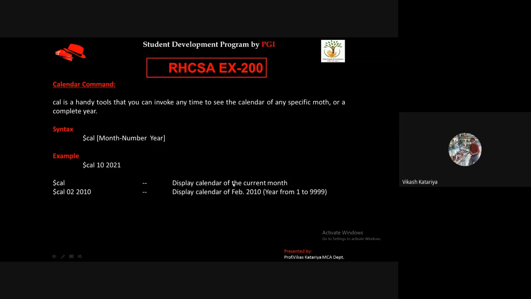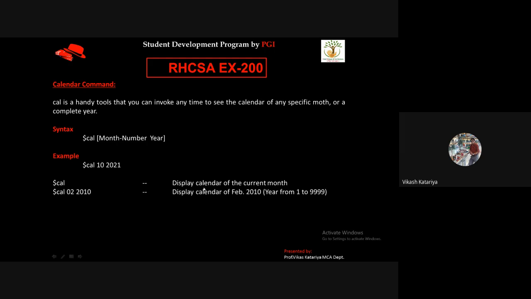The month parameter can vary from 1 to 12. If you put anything except 1 to 12, it will be considered an invalid month. Similarly, the year can display the calendar of years from 1 to 9999. So you have to put parameters by certain criteria.